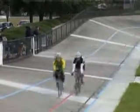Gemma coming around the outside. She's charging hard to the finish. It's going to be pretty close, but to my mind...